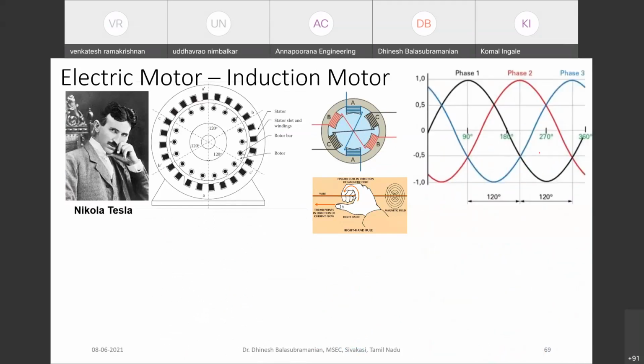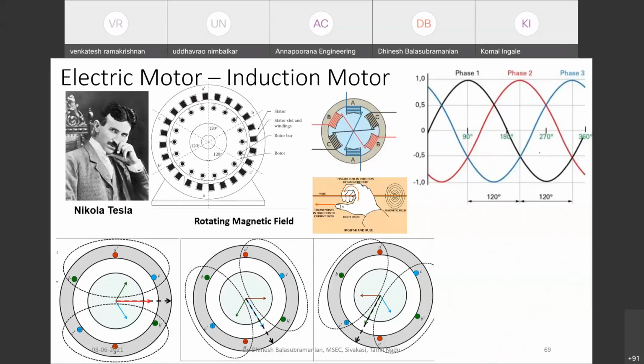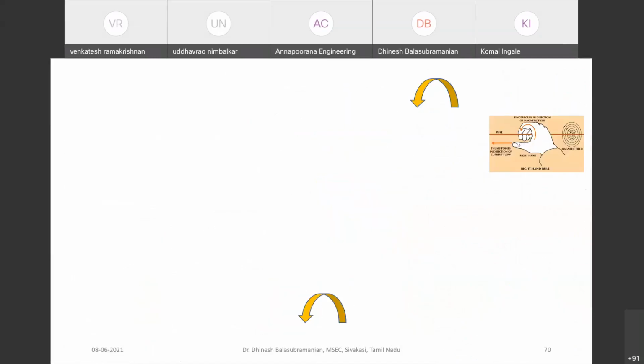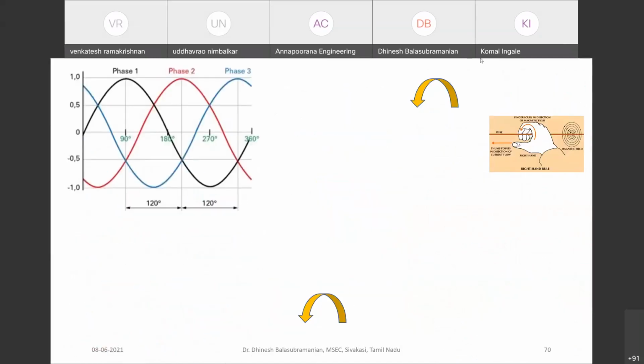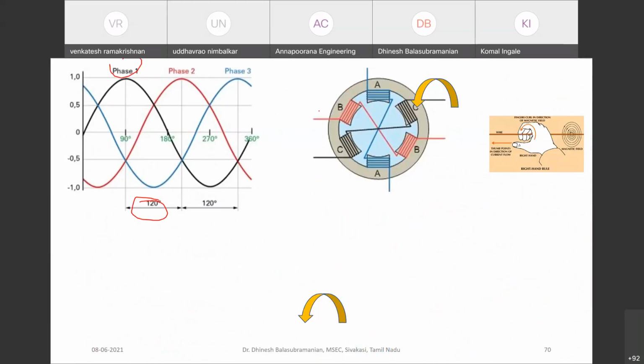It works on the basis of Faraday's principle and the rotating magnetic field. And with this particular plot, we can clearly understand how this rotating magnetic field is produced. It is about phase 1, phase 2, and phase 3, where they are shifted at an angle of 120 degrees. And when you plot it over here, the power entering the source can be explained with a plus sign, and the power leaving the source can be